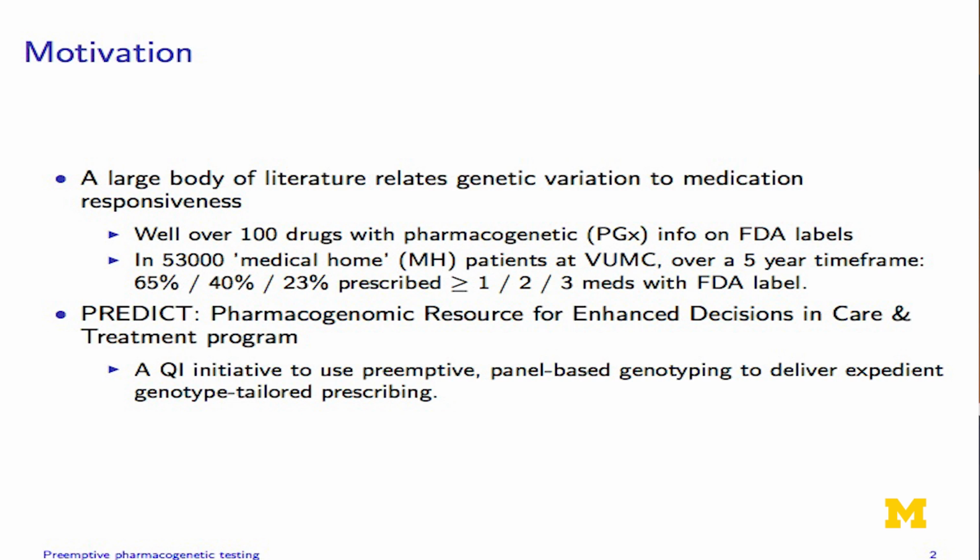So there's a large body of literature that relates genetic variation to medication responsiveness. There's well over 100 drugs that have pharmacogenetic information in the FDA labels. In addition, in a cohort of 53,000 what I'll call medical home patients at Vanderbilt, and I'll describe what that means in a little bit, we estimated that over a 5-year time frame, 65% of those people would get exposed to at least one medication with an FDA label, and 23% of people would get exposed to at least 3 medications with FDA labels. So the idea is that you have a lot of people getting exposed to a lot of medications with this pharmacogenetic information on their FDA labels, and in fact, people are getting exposed to multiple such